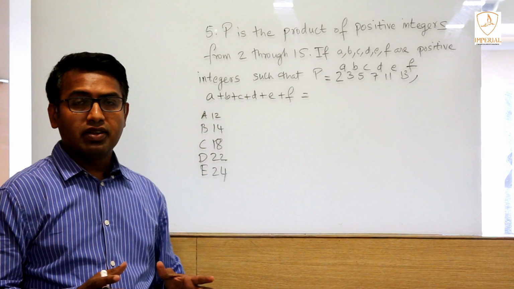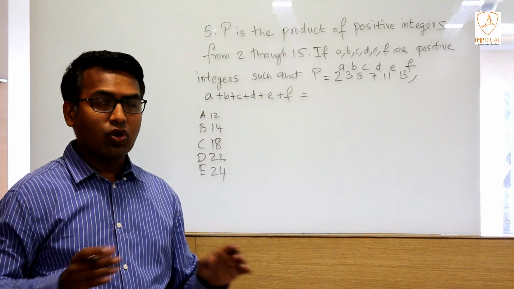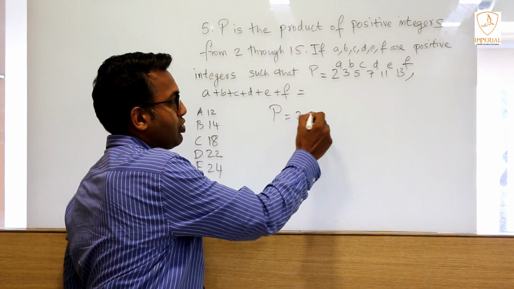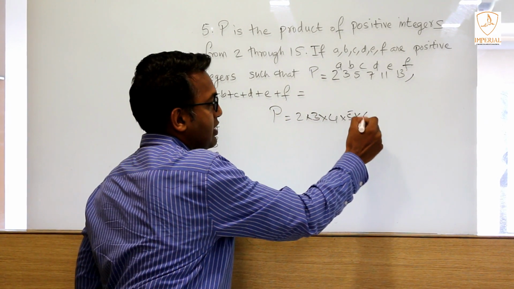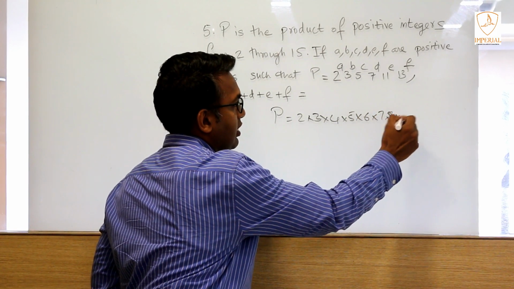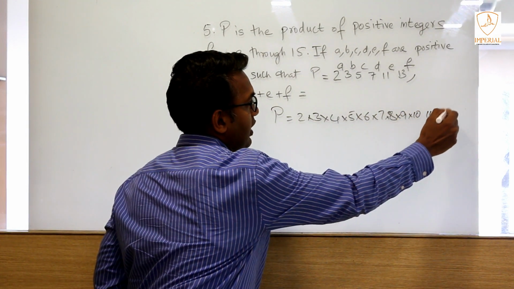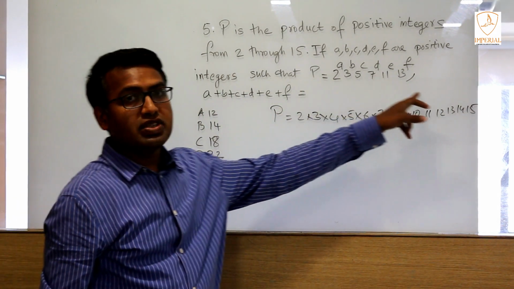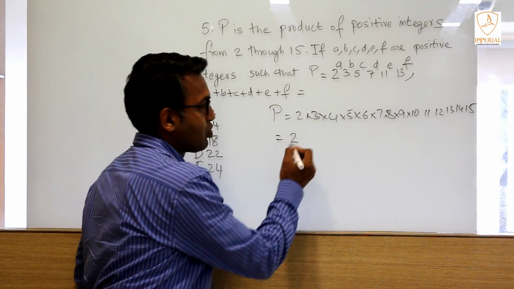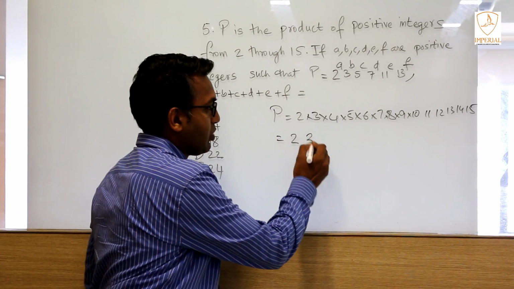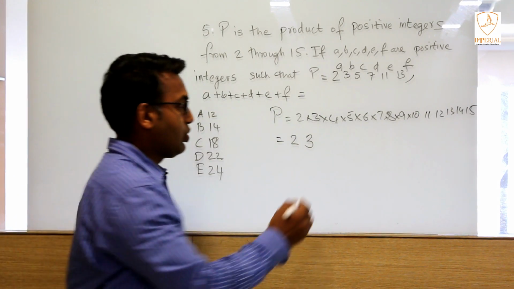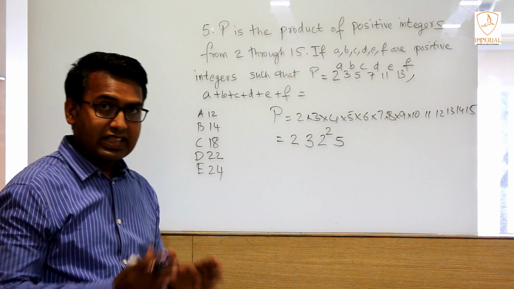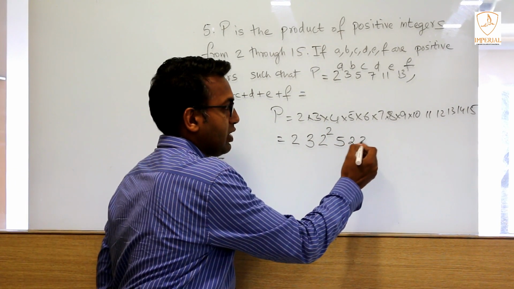So again, a simple concept of prime factorization. P is equal to 2 into 3 into 4 into 5, 6, 7, 8, 9, 10, 11, 12, 13, 14 and 15. Basically you just prime factorize it. So 2 we'll write as 2 only, 3 is again 3 only, 4 will be 2 power 2, so we'll put it over there, 5 again as 5, 6 we'll write as 2 into 3,